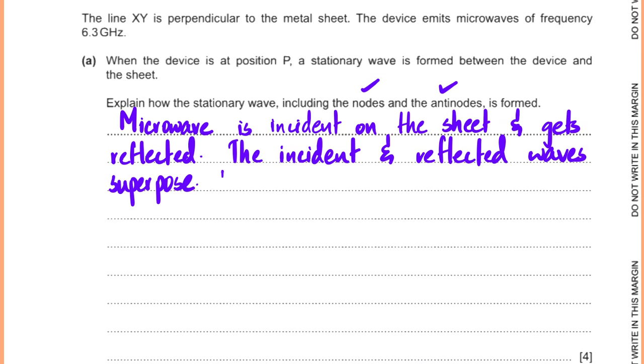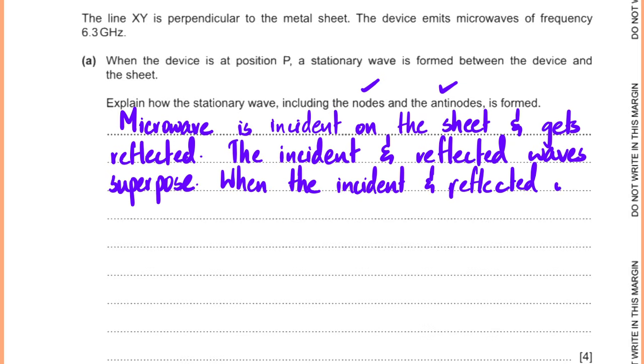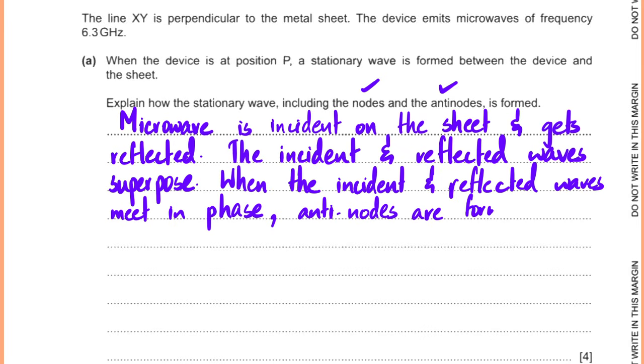So I'll say that when the incident and reflected waves meet in phase, antinodes are formed, and then similarly, when the incident and reflected waves